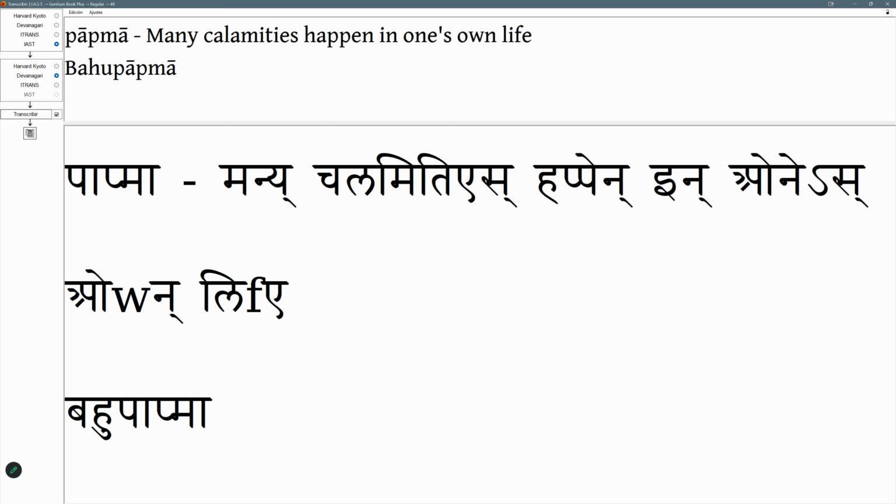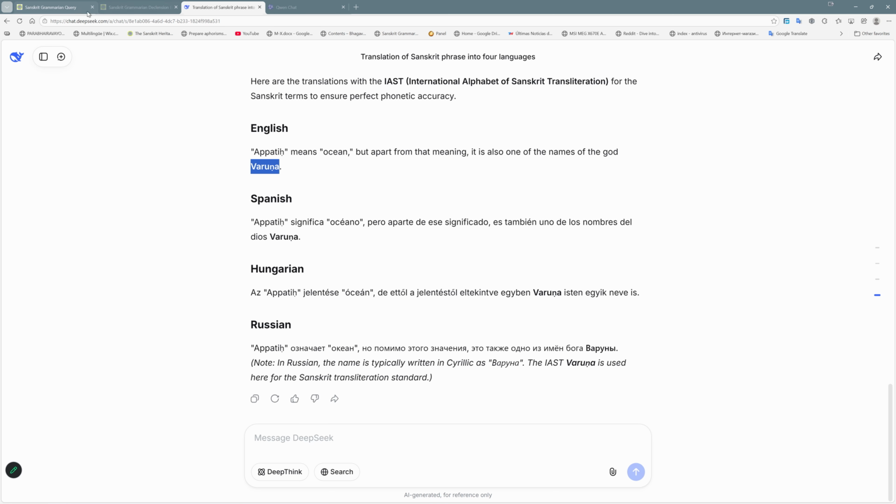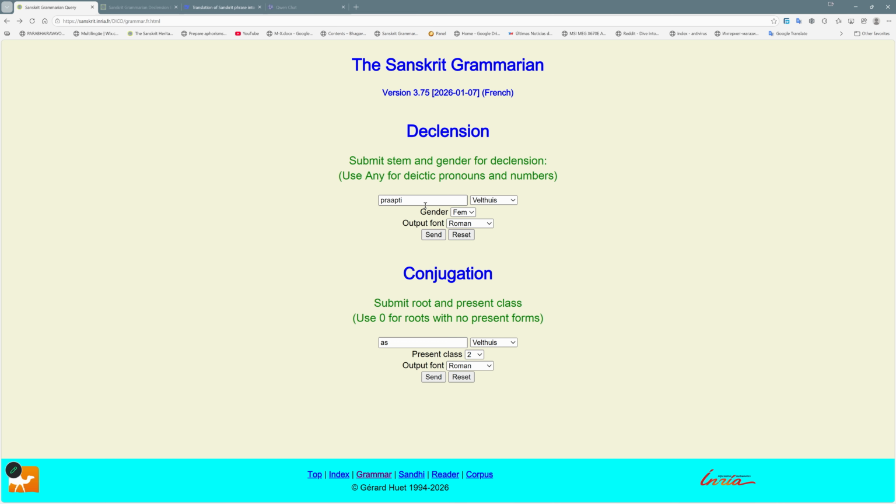And how to write the nominative case in plural of pap, ma? Because original pap, man. ¿Cómo escribir el plural terminado en man, de un sustantivo terminado en man? Okay, we have the good resource, the Sanskrit heritage, with the table of declension. Tenemos un buen recurso acá con la tabla de declinación. I put pap, man is masculine, and we'll ask nominative case in plural. Le vamos a preguntar ahora caso nominativo en plural.